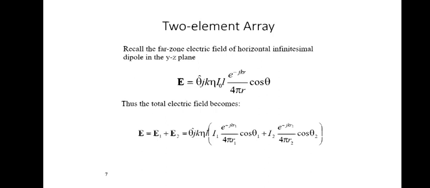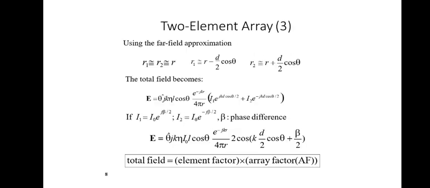So the resultant is theta j k eta L into cos theta of I1 into e power minus j k R1 by 4 pi R1, plus I2 into e power minus j k R2 by 4 pi R2. Here, this is about two isotropic point sources placed at some distance. Using the far field approximation, R1 is equal to R2 equal to R. The distance from the first isotropic point source, R1, is equal to R minus d by 2 into cos theta,